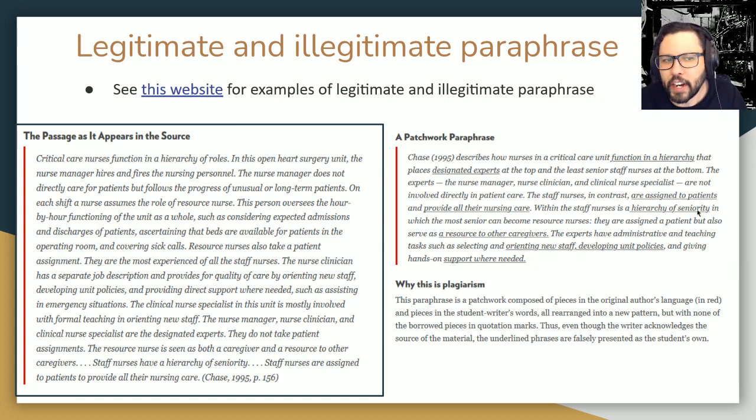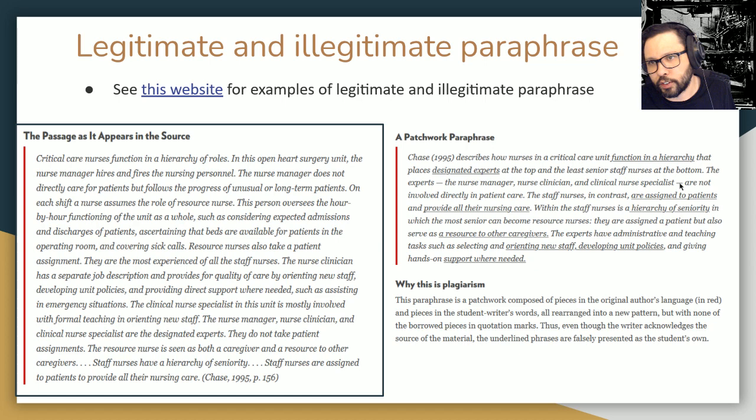it's not just the percentage of the original that matters for an illegitimate paraphrase or for plagiarism, right? So if we just look at the number of underlined words, maybe 15 or 20% of this passage is taken from the original. But it's not just the particular phrases that are copied and pasted from the original. It's also, again, the presentation. So all of the information that's presented in this paragraph is taken directly from this paragraph on a line-by-line basis. It's basically the lines are simplified and sort of rewritten, but presented here.